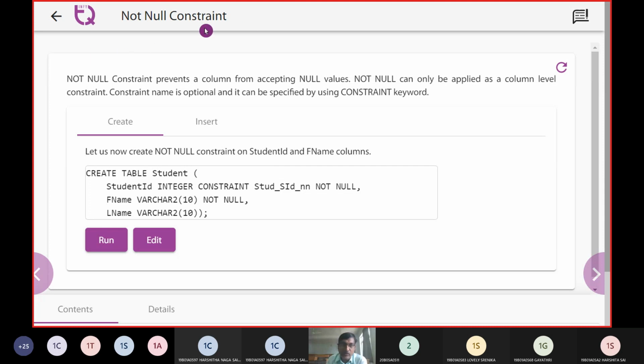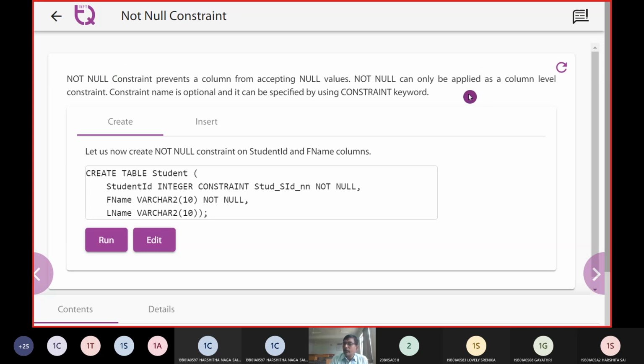If we want to pose such a constraint, then we say it is not null, and it prevents a column from accepting null values. That is the reason why we use not null.